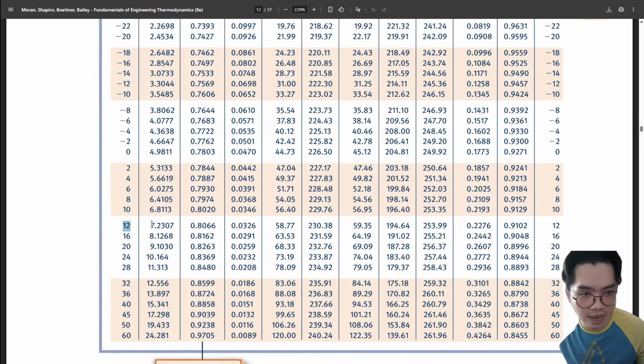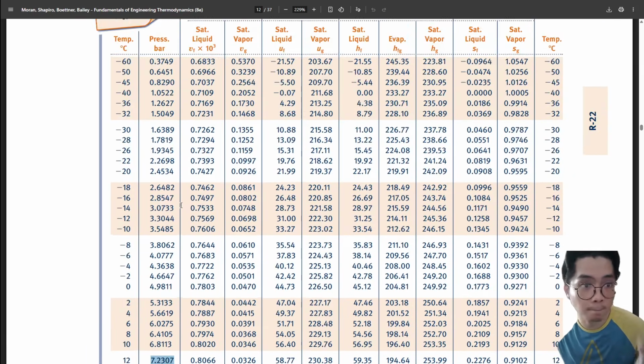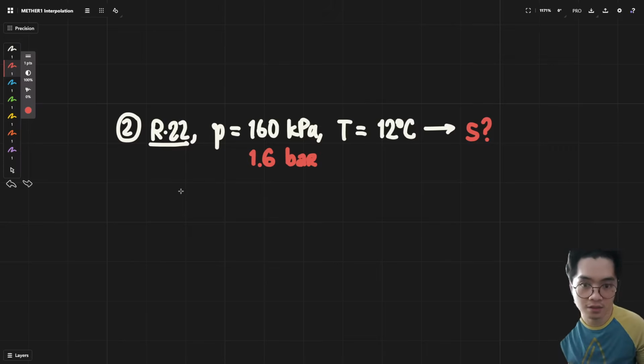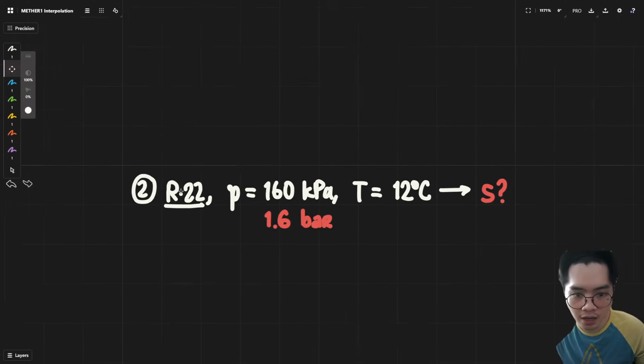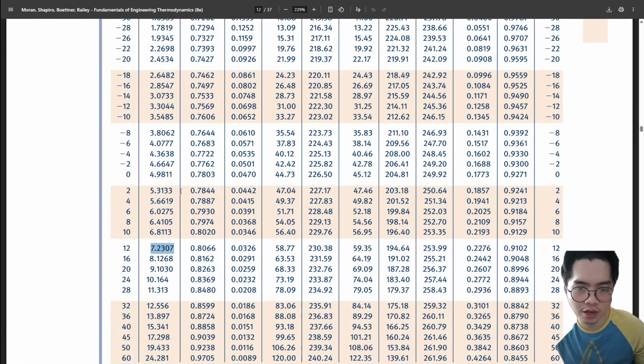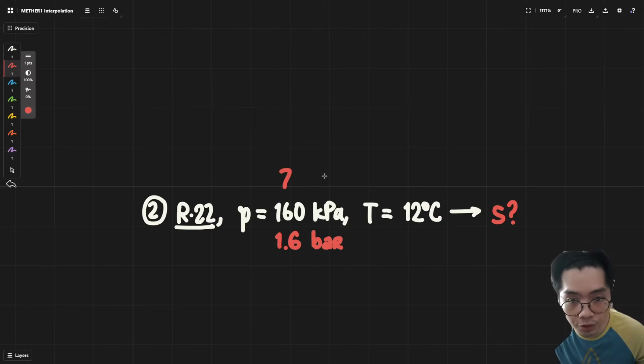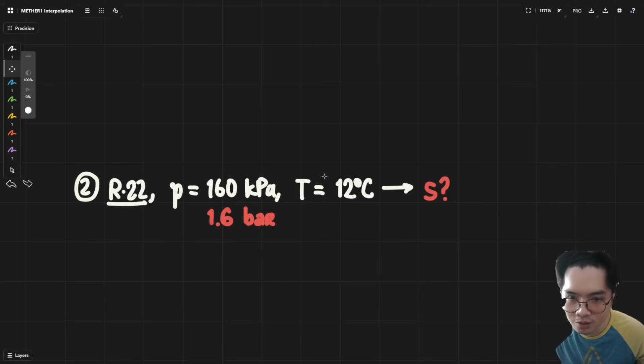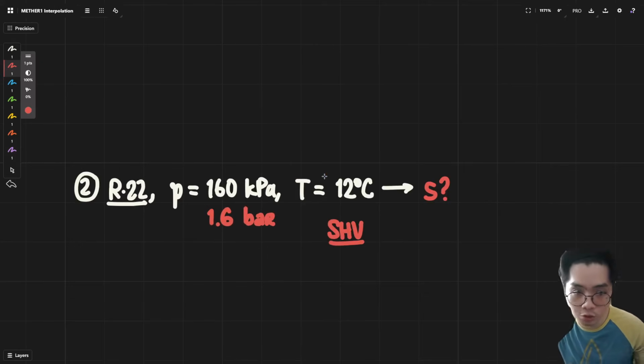12 degrees Celsius has a saturation pressure of 7.2307 bar. And this is bar. This is not degree. This is not kPa. As you can see, this has a corresponding saturation pressure of 7.2307 bar, but it is lower pressure. It's not compressed, so that means it's not a compressed liquid, which means again this is a superheated vapor, which is correct. And so now, if you still look at the side of the pressure